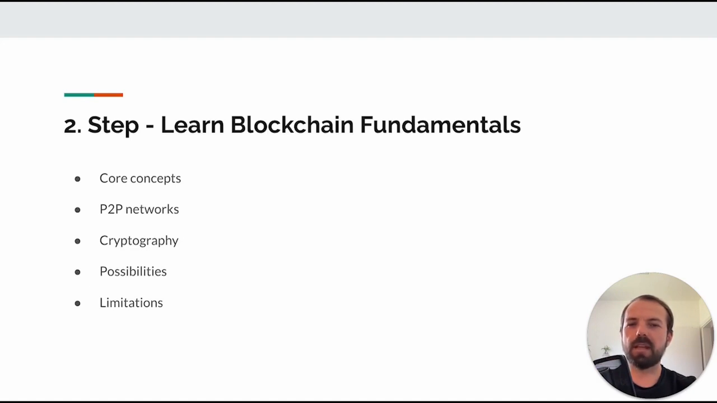You need to understand cryptography, because it's a crucial part in blockchains. You need to understand the possibilities of blockchain, so what you can do. And you also need to really know what the limitations are. So what is not doable and where are the downsides of this technology. So make really sure to understand and have everything in place for blockchain fundamentals before you move on to